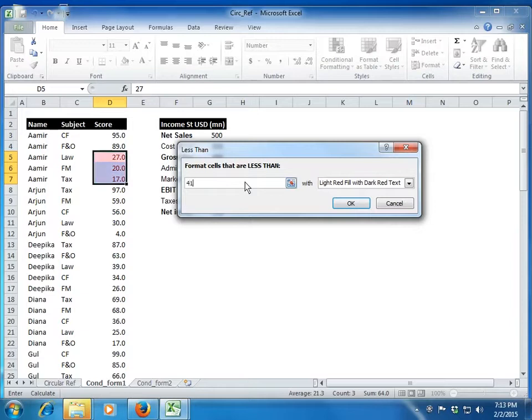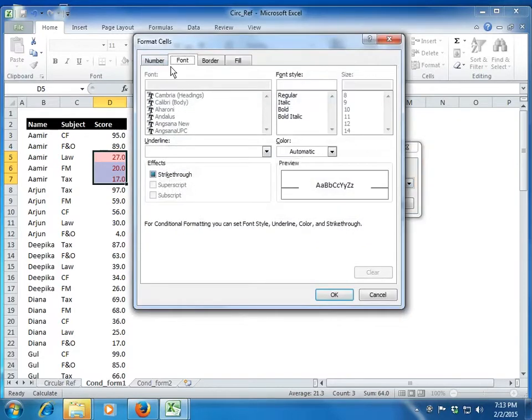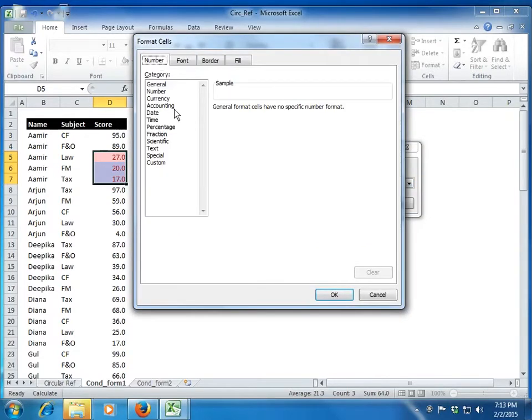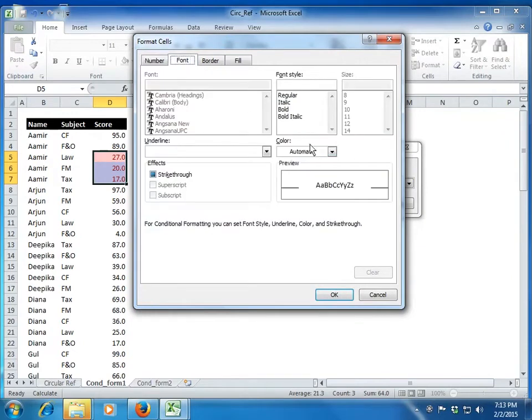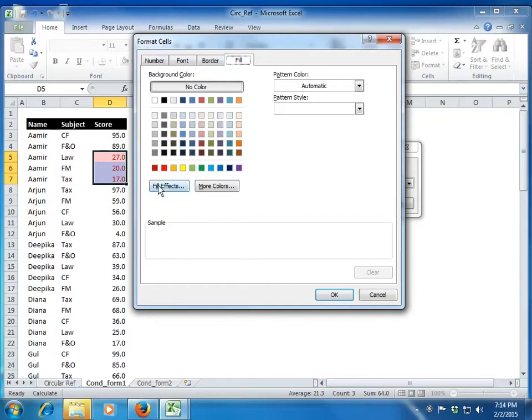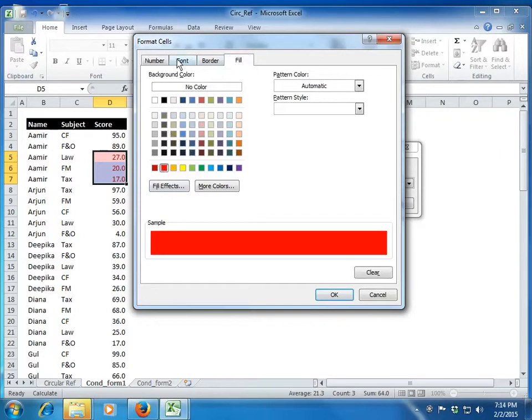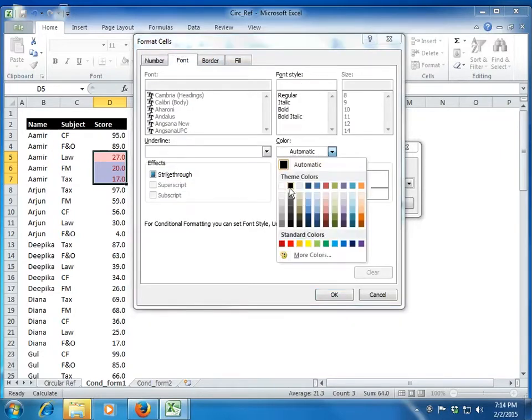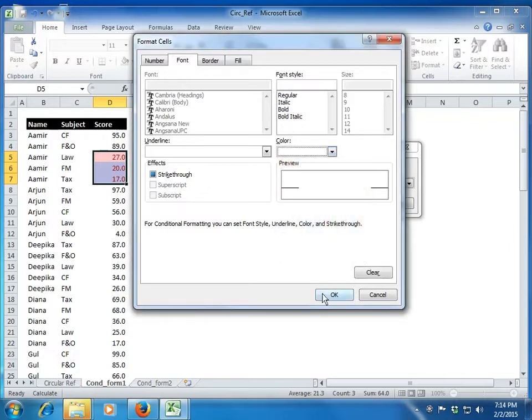So I want Excel to format all the cells which are less than 41 with your chosen option. Either you choose one of these default formats or you go to custom format, and you can choose what number format you want. You can also choose the font type, style, etc. You can also choose the fill. Fill is nothing but the highlight. So I say please highlight it in red and keep the font as, let's say, white,